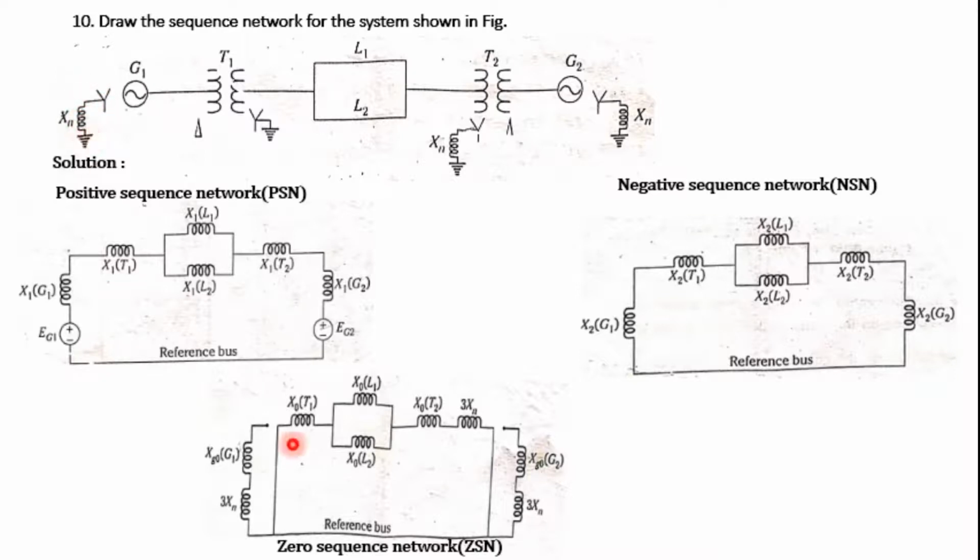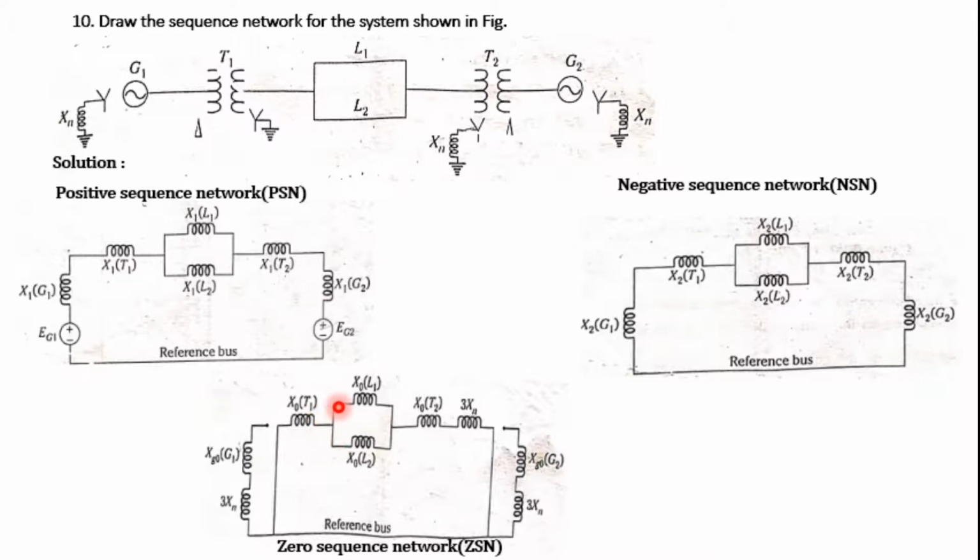So this is nothing but grounded through a reactance having the Xn value, and we need to multiply it by 3 times. Because of this we need to close this switch. Here the switch being closed means the current is flowing into the reference. Then for the transformer T1 the primary is delta, so we need to close this shunt switch, and the secondary side of the transformer is star grounded, so that's how we need to close this series switch.